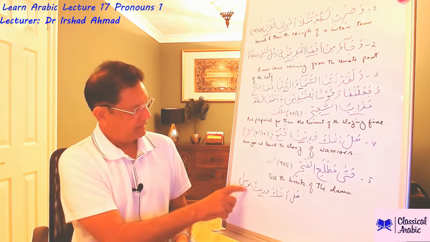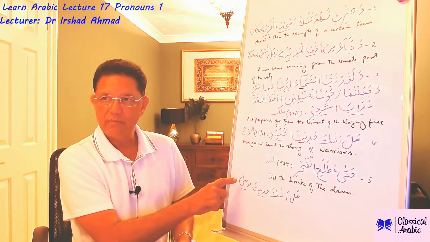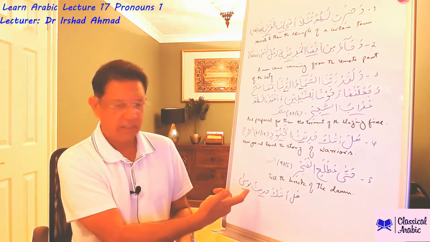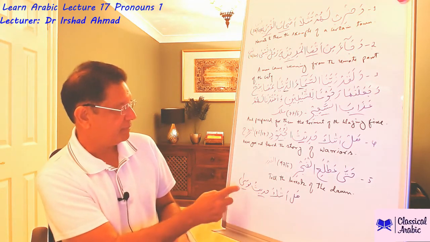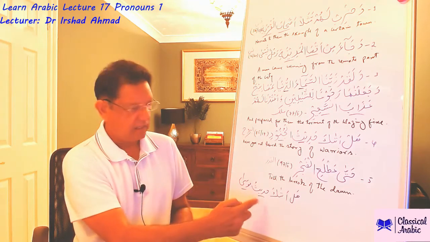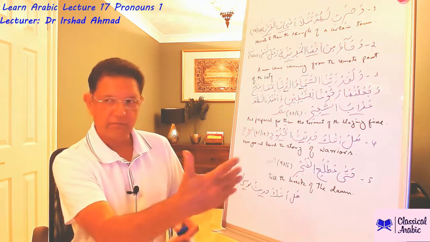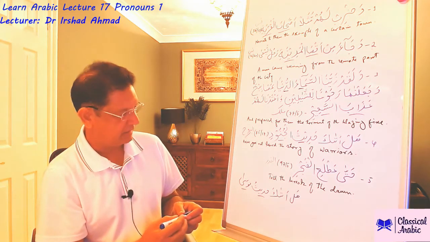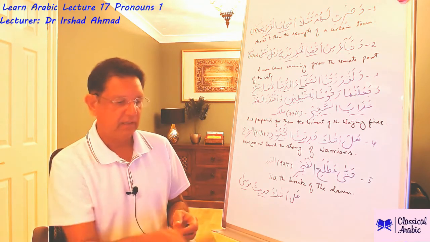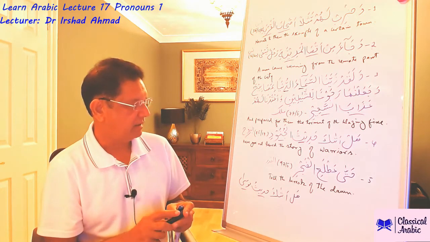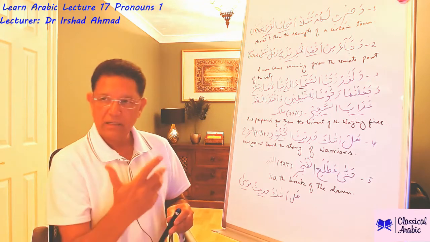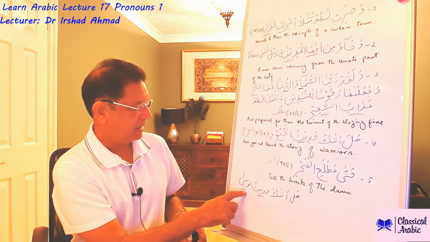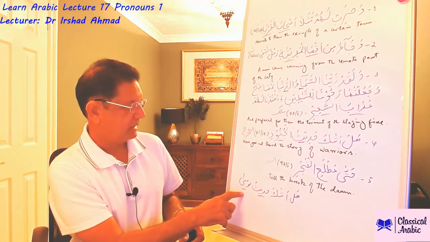So how do we know here what the i'rab of Musa is? Because this noun here doesn't have al on it and it doesn't have tanween either, and the context will tell us that we are talking about the story of Moses. So Musa here will be considered to be in state of jar. That's one way of knowing how we can make out the i'rab of mabni asma, that the context, the construction, will tell us what their i'rab is. And i'rab of Musa here is that Musa is in state of jar.